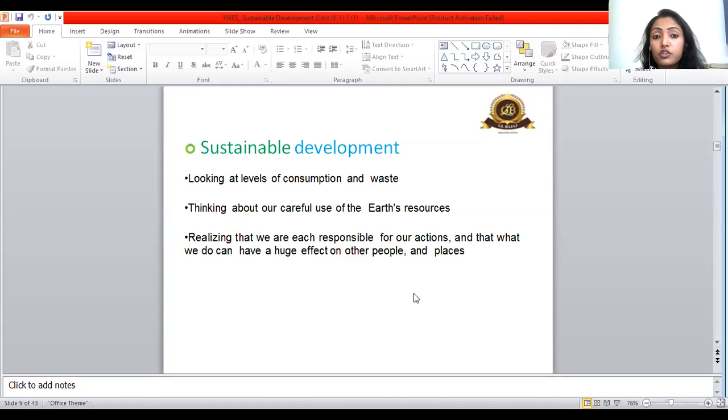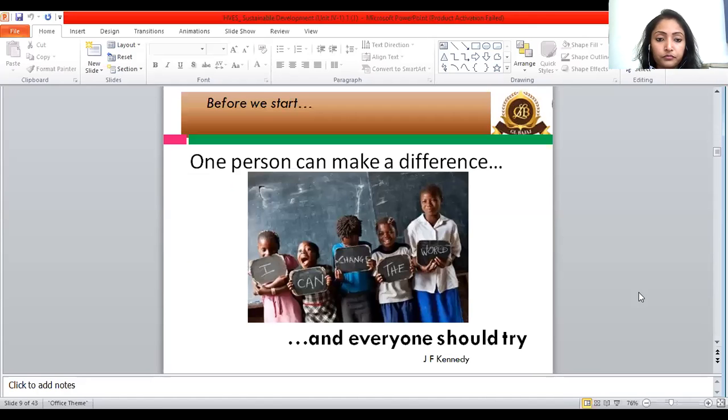So our actions should also be reviewed, not only our consumption level or care of the earth's resources. Whatever action, such as using petrol in my car: do I stop it? Or is it affecting other people as well, because I'm polluting the air? So each and every action and practice is important to take care of.